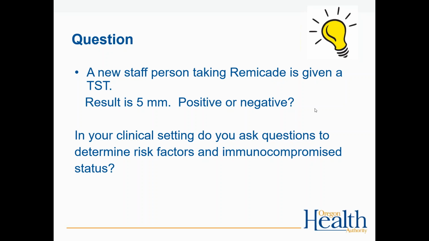Correct. So I see somebody said that should be a positive test if the person is on Remicade. Would you agree? Yeah, a strong risk factor. I mean, it's probably the strongest of all the TNF blockers. It is the strongest with regard to TB risk. So all of those drugs carry risk, but etanercept carries a slightly lower risk than the other ones. But the other monoclonals, which Remicade is one, they carry the highest risk.